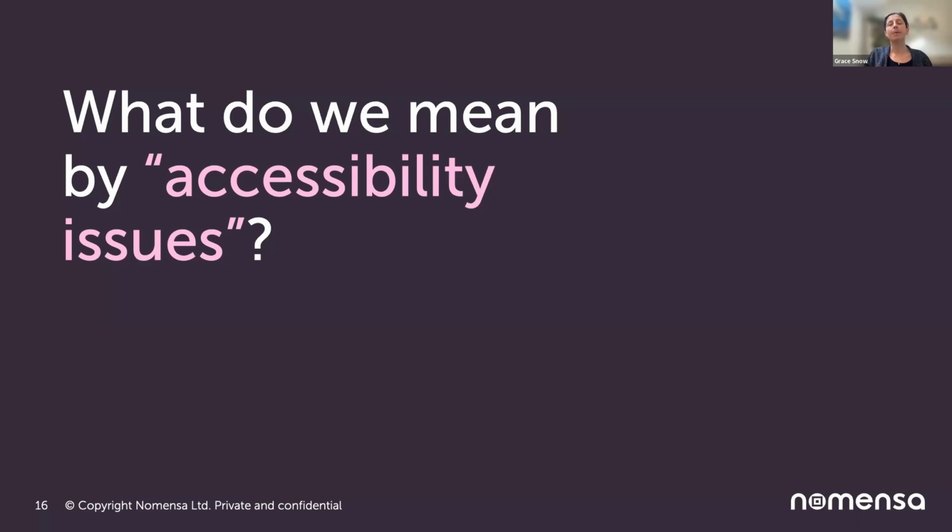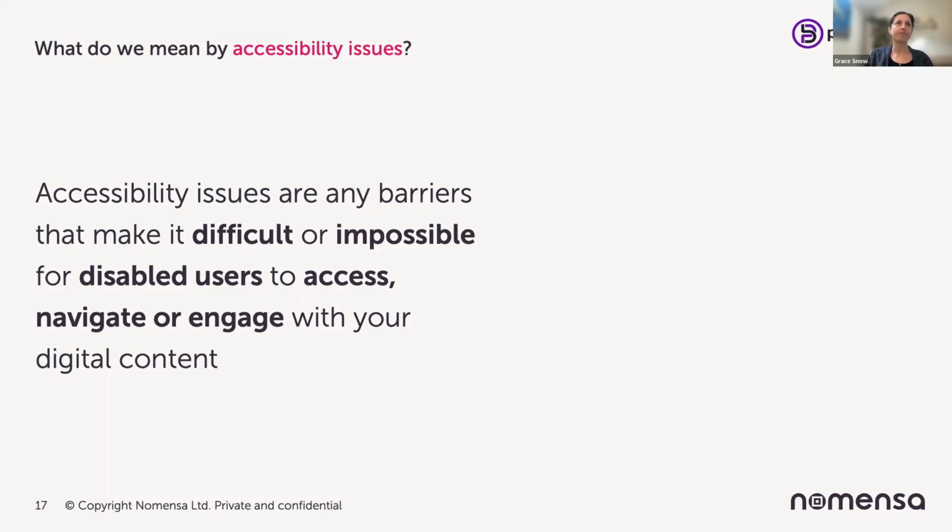So what do we mean by accessibility issues? Accessibility issues are any barriers that make it difficult or impossible for disabled users to access, navigate, or engage with your digital content. When we share issues, we find we group them by different interaction types. That's quite a good frame when you're thinking about these issues, because it helps to bring to life that we're trying to avoid barriers. We're trying to avoid exclusion that people really experience,